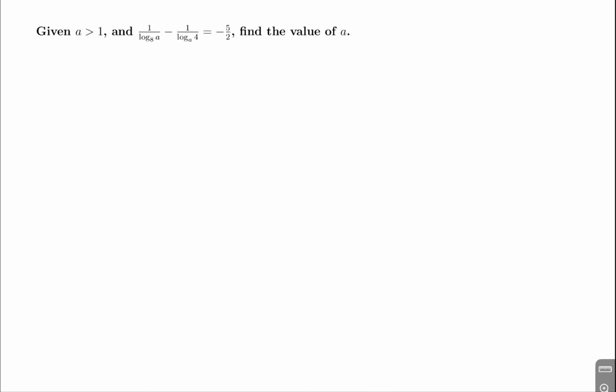So the first thing we're going to do is use the property of logarithms where 1 over log base x of y equals log base y of x. And so that lets us rewrite this as log base a of 8 minus log base 4 of a